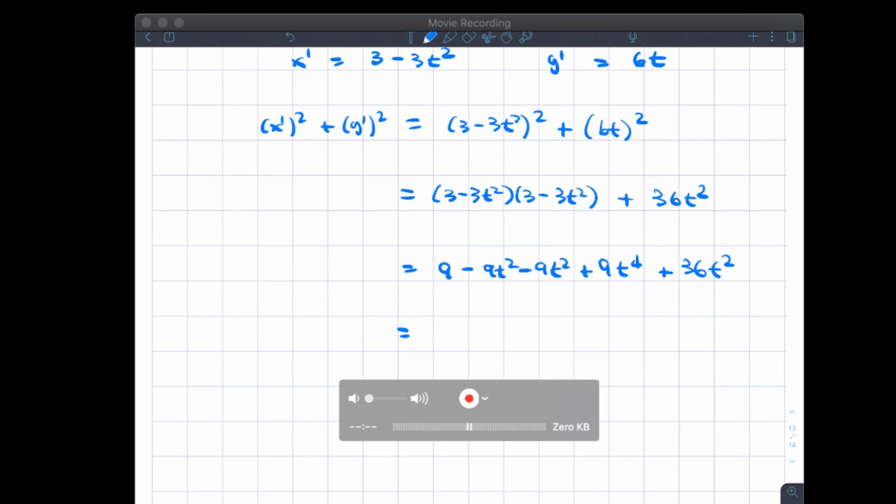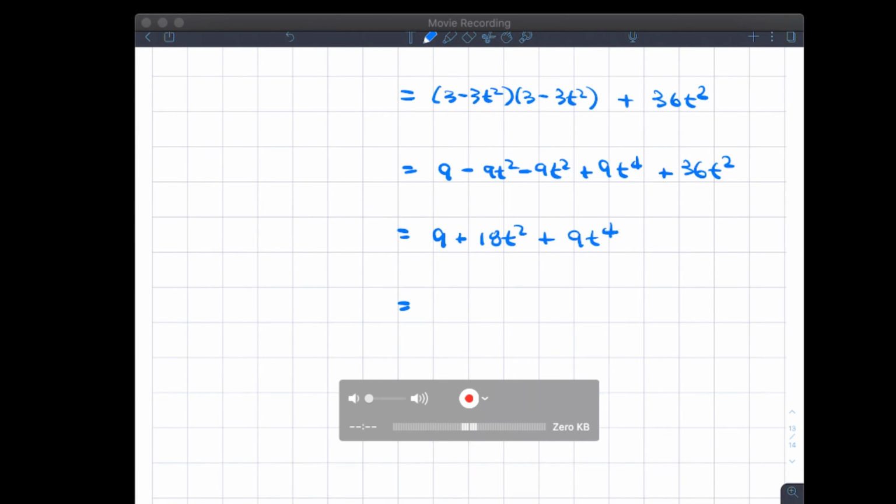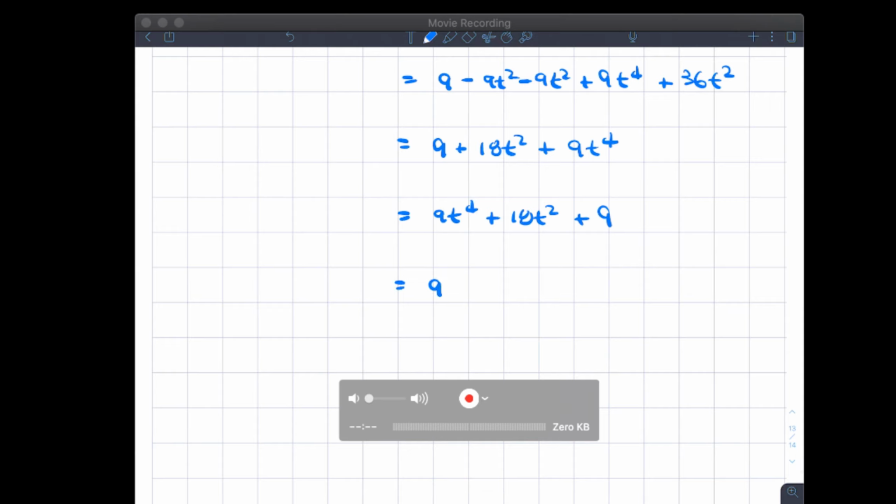So you end up with 9 plus 18t squared plus 9t to the 4th here. All right, so this is what we have, and I like writing this in descending order of powers. Factor out the 9. And now you have t to the 4th plus 2t squared,